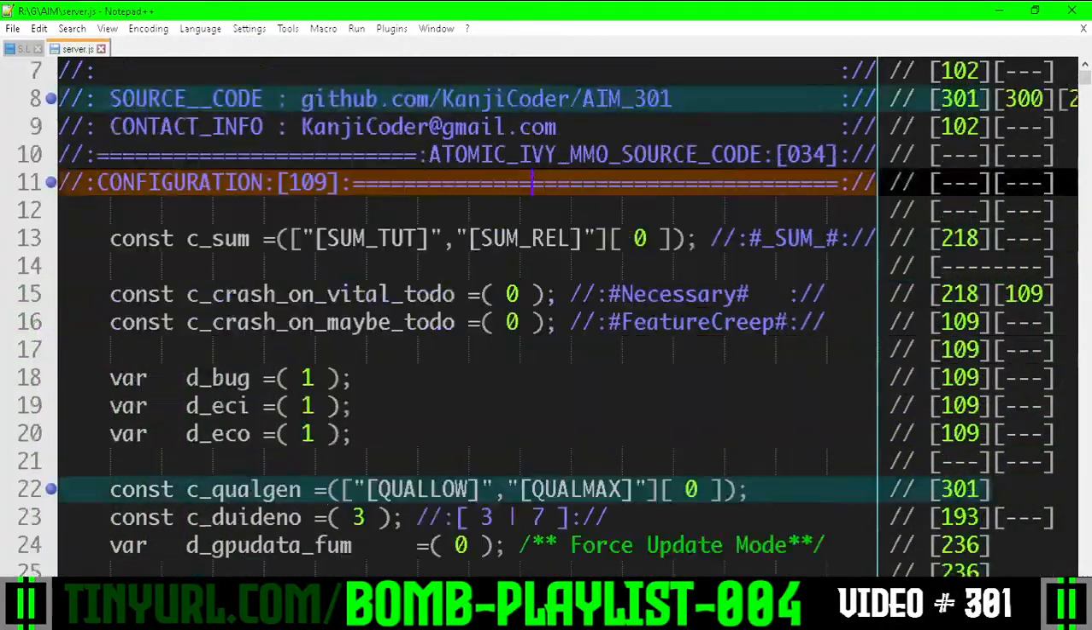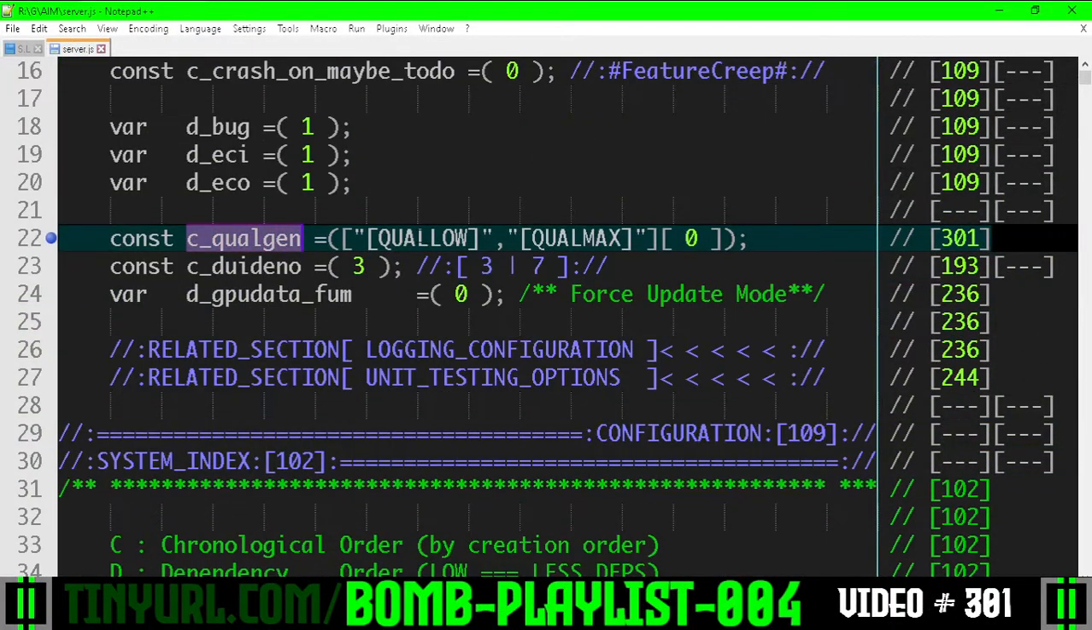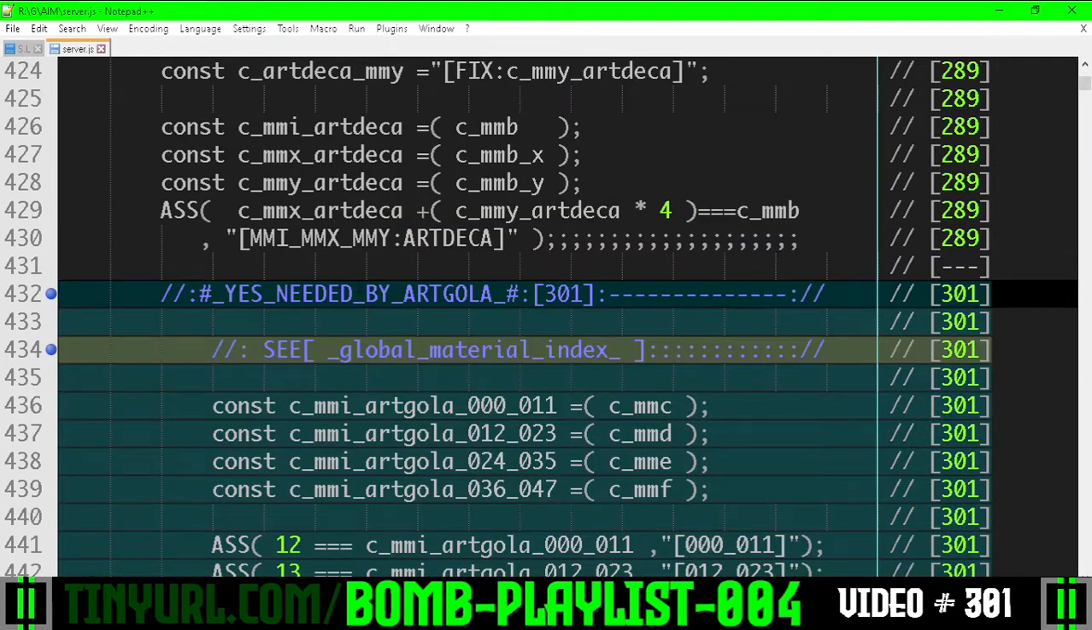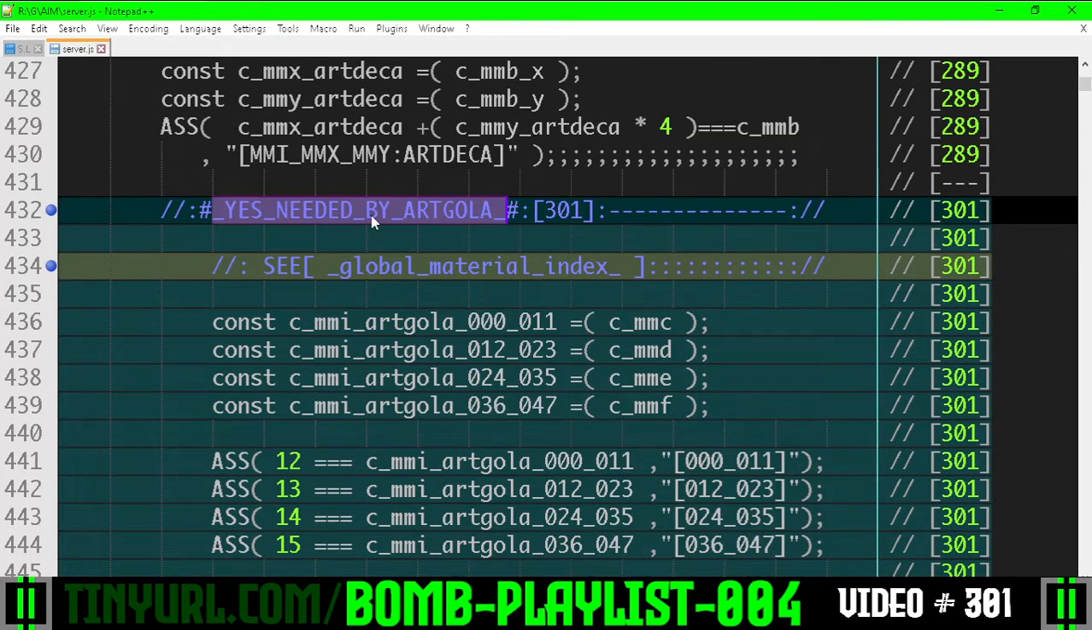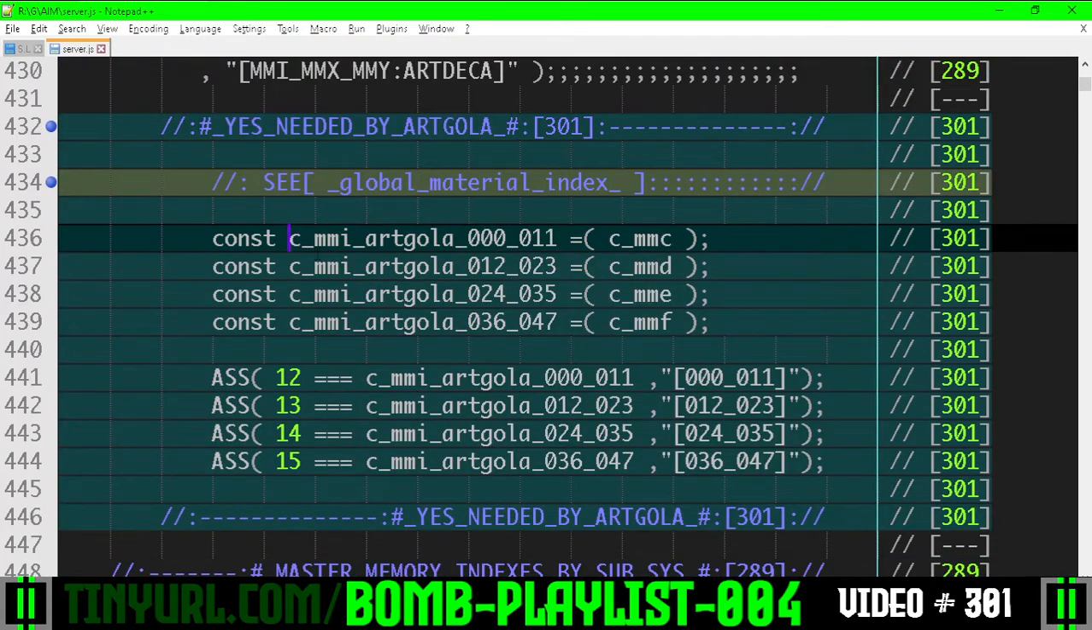Video 301 in the configuration section, qual_gen. We're going to pick quality low or quality max by putting a number 0 or 1 there. In the constant section, we have yes needed by Argola. These 4 master memory cells, C, D, E, and F, is going to be a global material index that tells